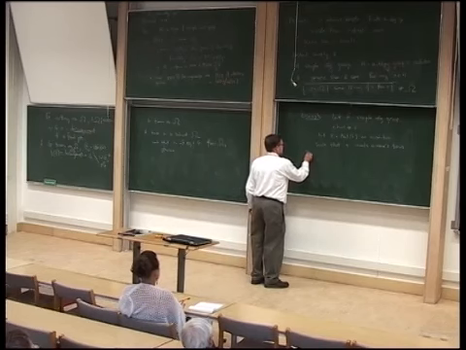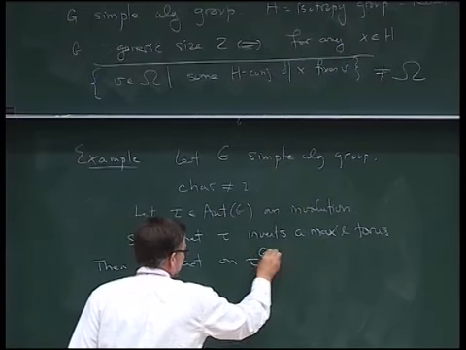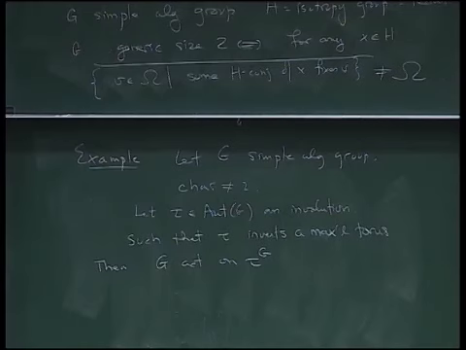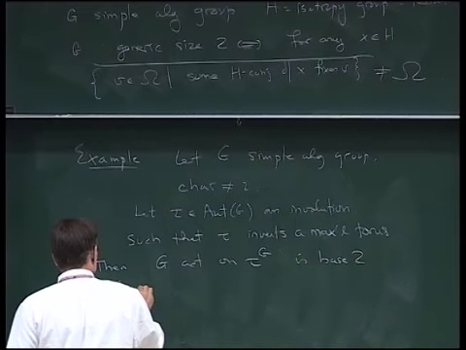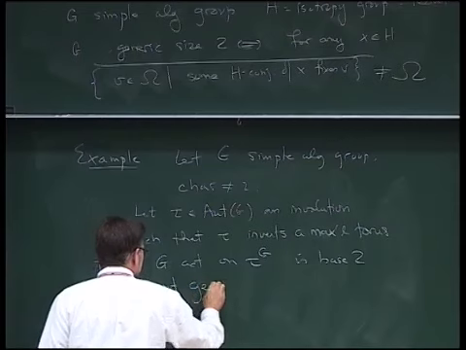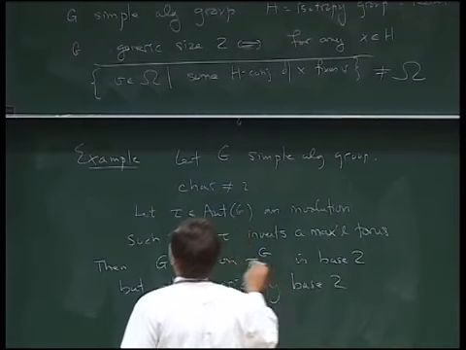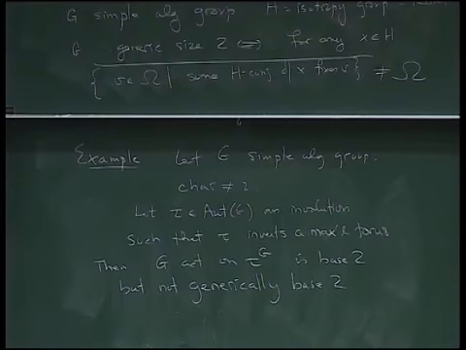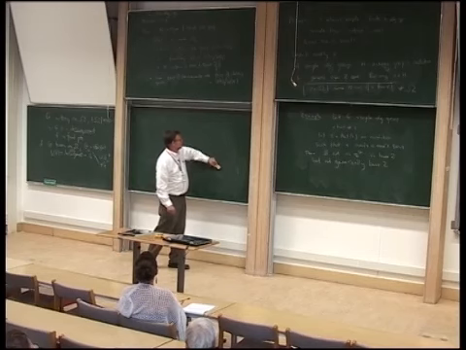So okay, then if you let G act on tau G, for example, then this is base 2, but not generically base 2. Okay, as I said, this is joint with Tim Burness and Jan Saxl. So, and why is that? Well, actually, I was trying to prove the opposite of this in this case, but I kept running into problems. So I figured I'd try to do the other one.